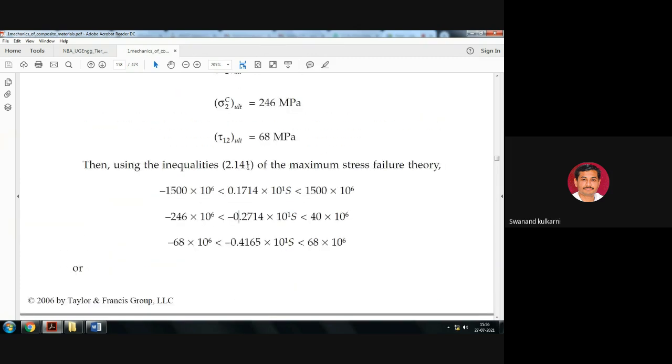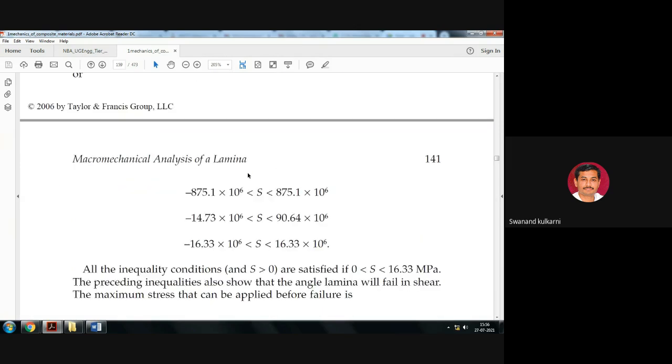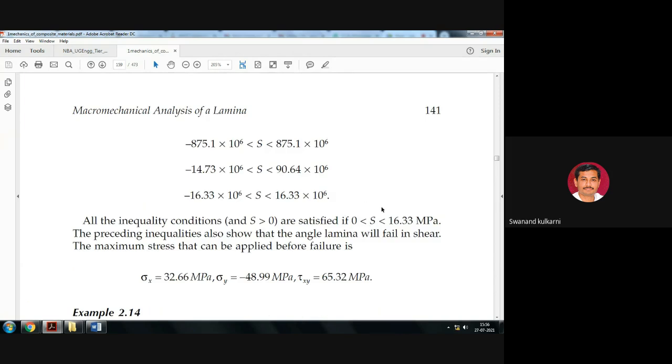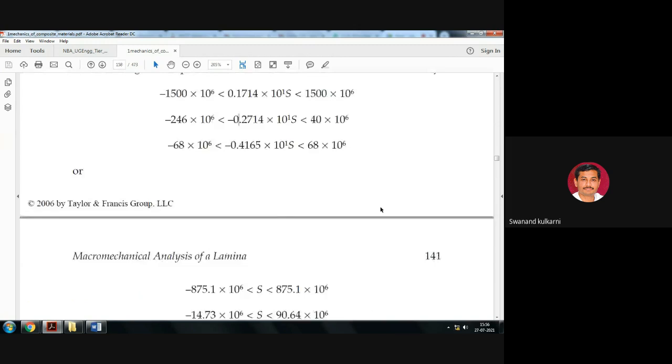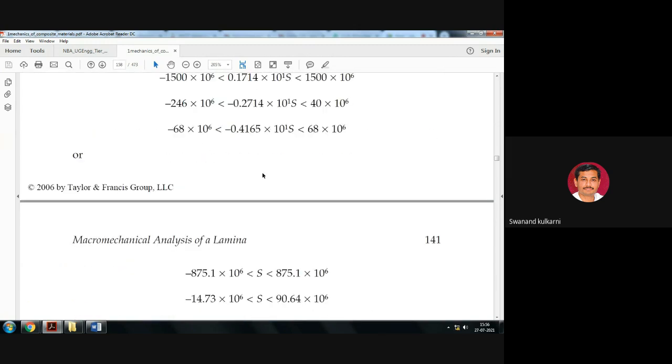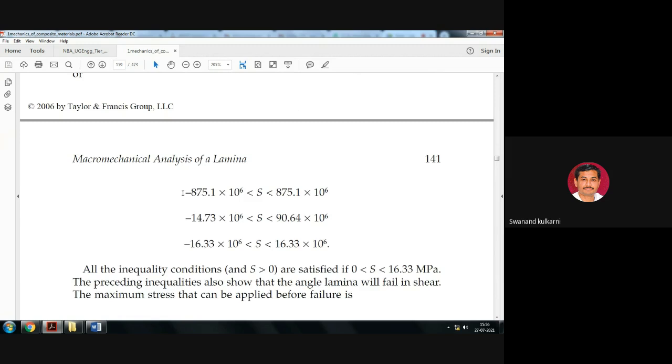Equations are put by using the maximum stress failure theory, and here we get all the inequality conditions, and s is equal to, so for this, if we try to identify these particular values, we will come to know that the value of s is minus 875.1 to 875.1, minus 14.73, minus 16.33,